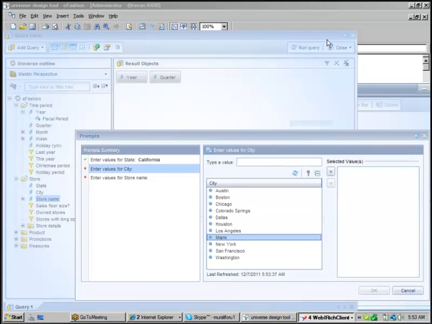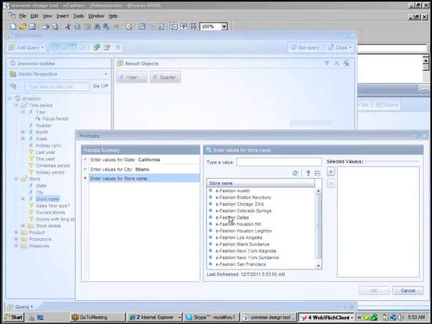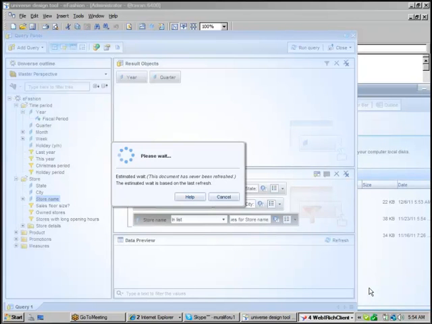It's wrong. This time the user will select state as California, select city as Miami, which is not part of it, and then select a store, E-Fashion Houston 5th. That means he selected city Miami and store name in Houston. It is wrong. You cannot match the records. You cannot get those records. That time the report will fetch no data, a no data fetch error.